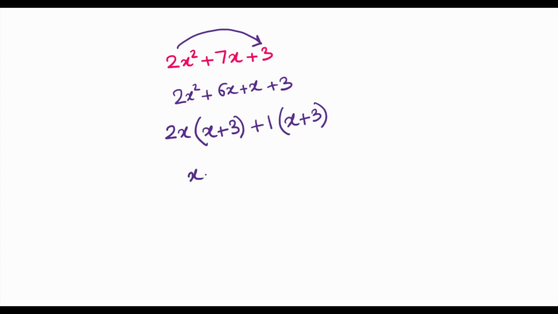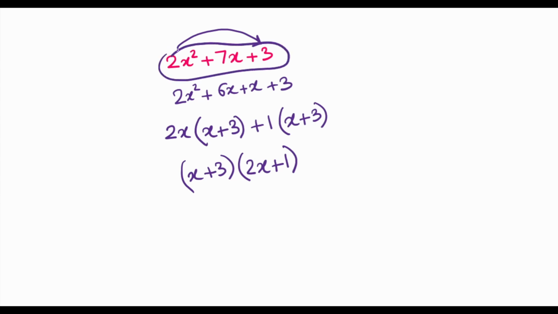And then taking x plus 3 common from this equation, we will get x plus 3 times 2x plus 1. So this quadratic equation, 2x squared plus 7x plus 3, can be written as two linear terms, x plus 3 times 2x plus 1. So this now means that our original quadratic equation, 2x cubed plus x squared minus 18x minus 9,